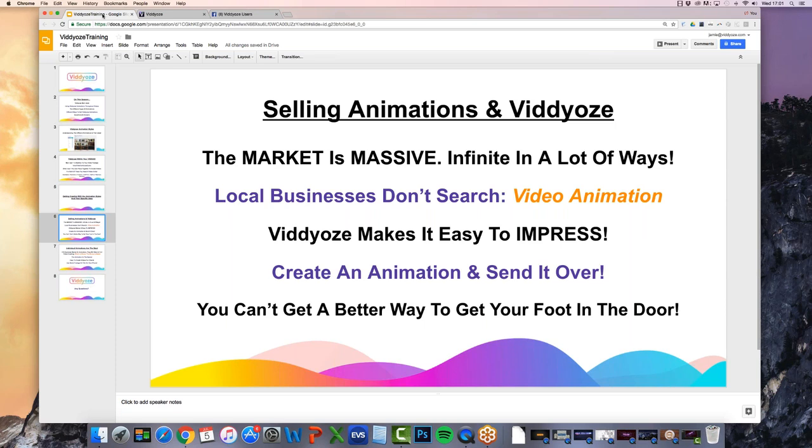And if you're also worrying about watermarking and businesses stealing your animations, if you are sending these to legitimate businesses, a legitimate business isn't going to steal your animation. Okay? It's not going to happen. You cannot send them an animation and say, would you like to buy this? And then that adult or human being on the other end of the phone is going to go, oh no, I'll just take it though. Nobody's going to do that. The chances of that happening are very, very rare because they've not bought it. You've not told them they can have it.